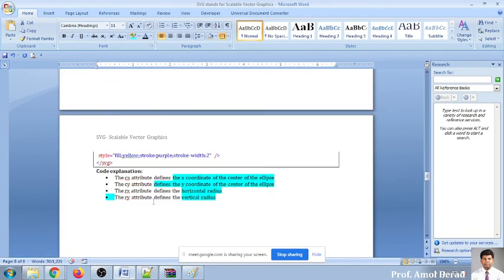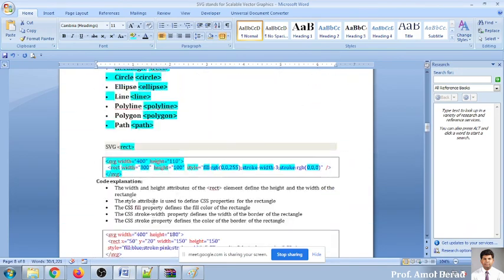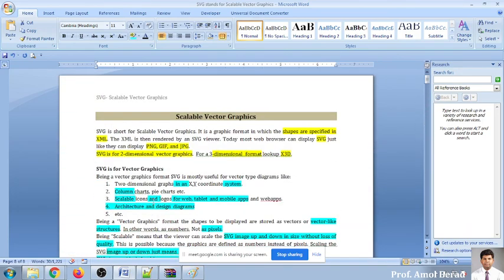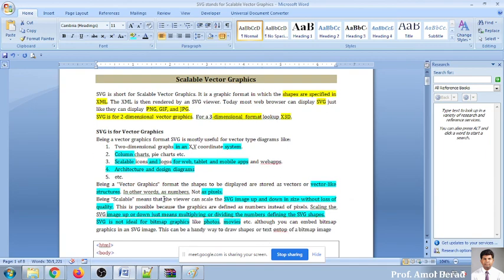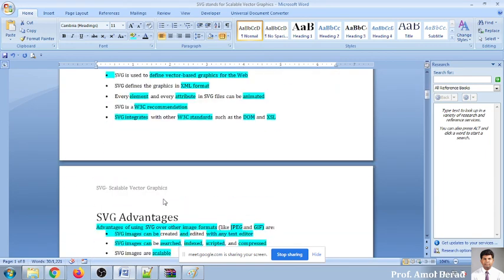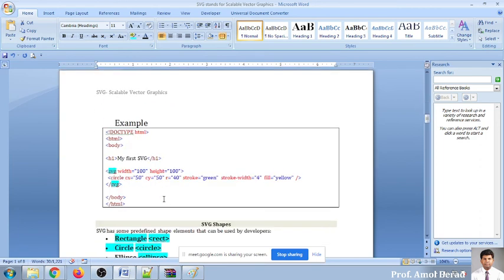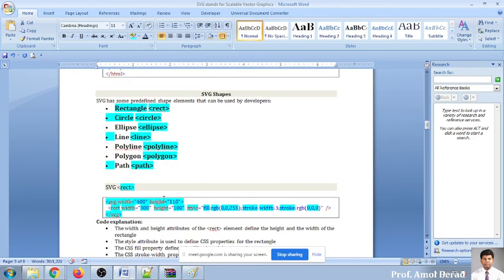Now I think this is more than enough for you to understand about SVG. University people, we are only expecting that you should be familiar with what exactly scalable vector graphics is, what different things you can draw with the help of SVG, and how it is more beneficial apart from your JPG and GIF images. That is, you can alter the image, you can zoom in and zoom out as and when required. Is it clear to you?